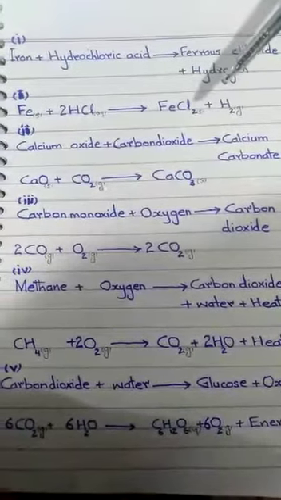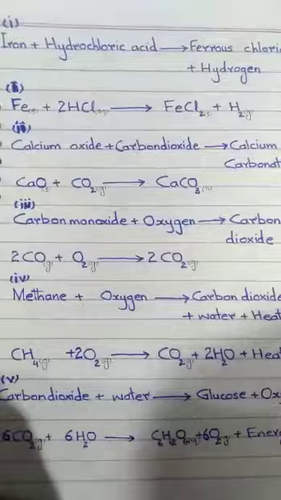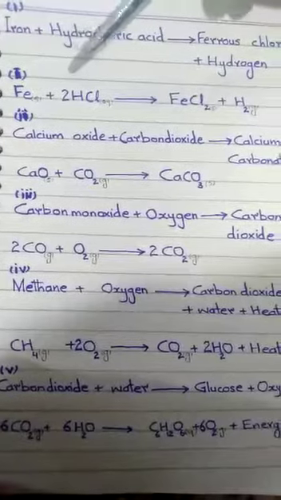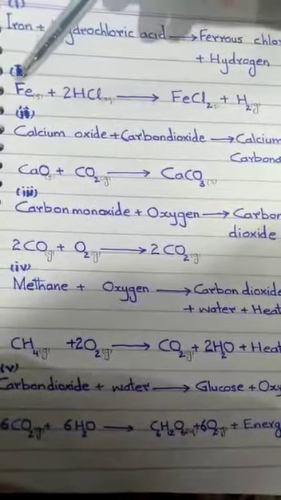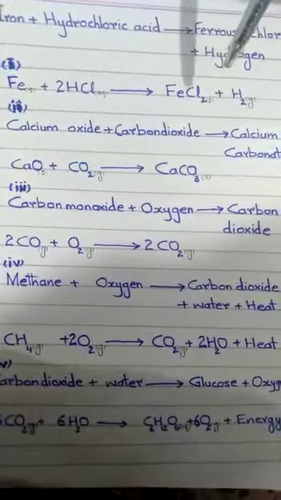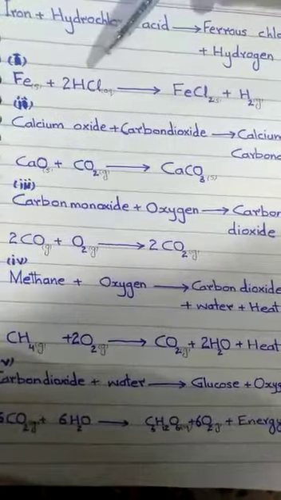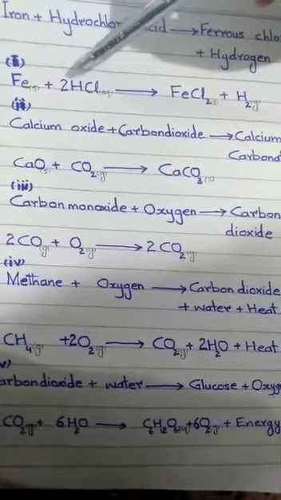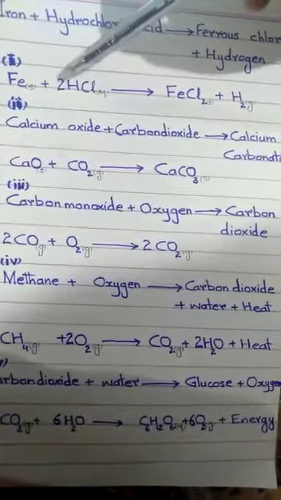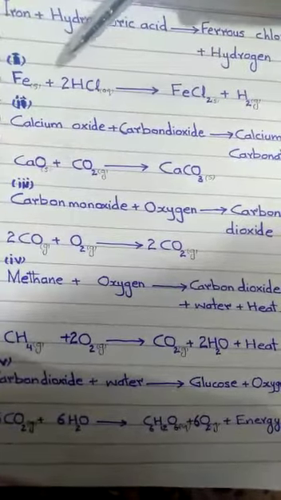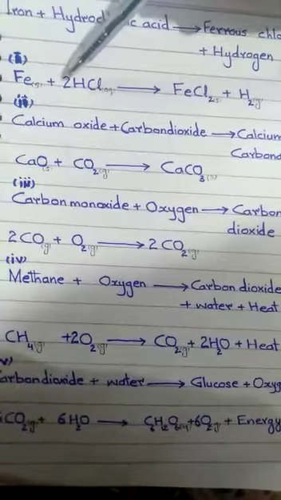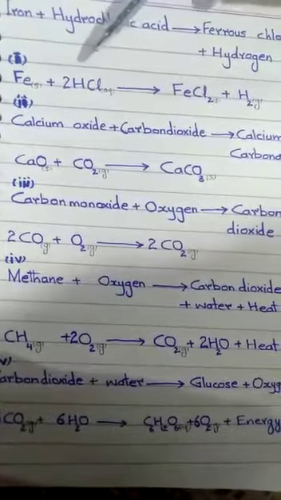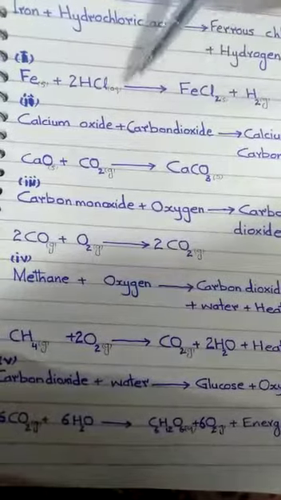Now in order to balance this, we will apply the hit and trial method. We will count the atoms of each element on both sides of the equation. Then we will come to know that the number of hydrogen and chlorine atoms are less on this side. Then we will multiply this formula of HCl with suitable integers. We will start from the lowest number like 2 and multiply it as a coefficient with HCl, and then we come to know that now both hydrogen and chlorine atoms are balanced on both sides.